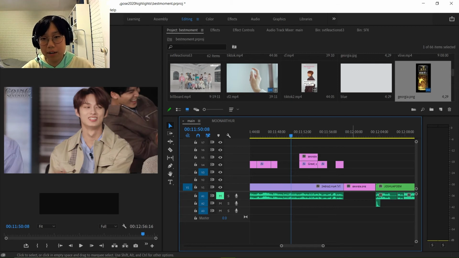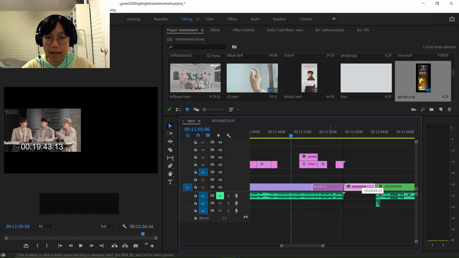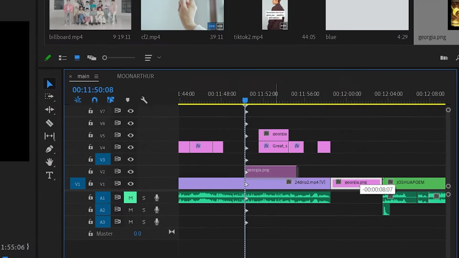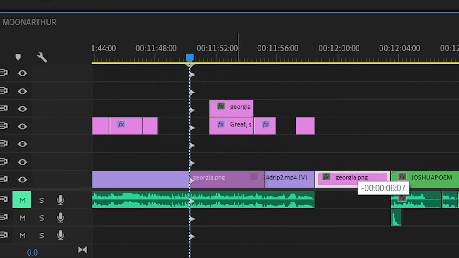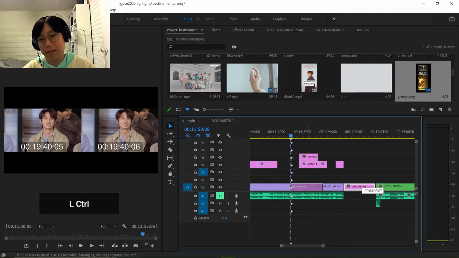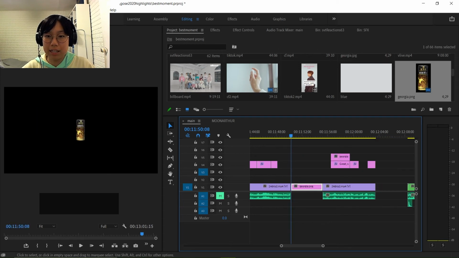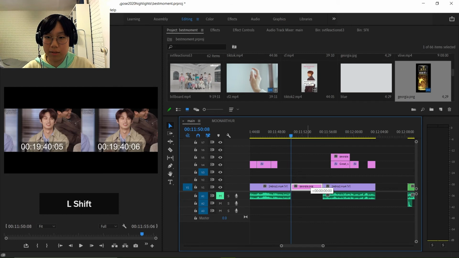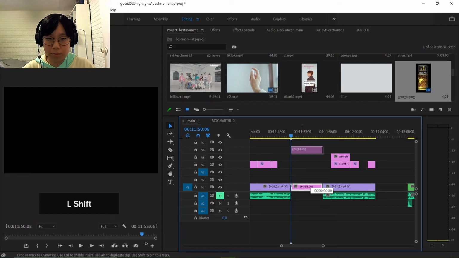Now, if I want to add more coffee right here, but I want to insert it, not add it, I will start dragging and hit Control. And these little arrows will show up here. And that means it's going to start pushing everything forward just to make a hole where I'm about to put this. So once I drop it, it will make a cut where my playhead was, stick in the coffee, and move everything forward. And lastly, when you drag and hold shift, it will make sure it will stay stacked up right on top of each other, and basically you're just moving it to a different track.